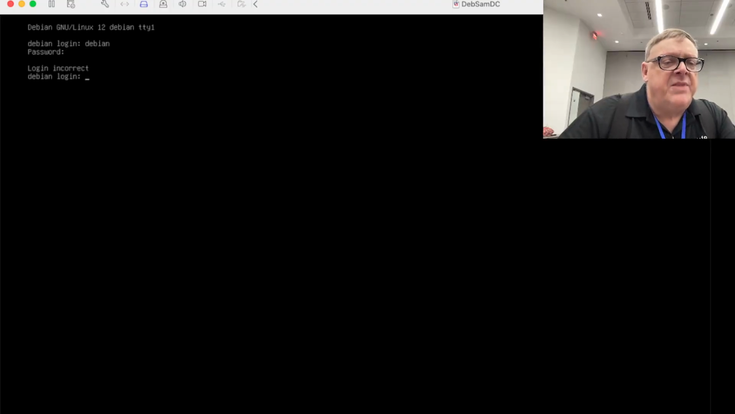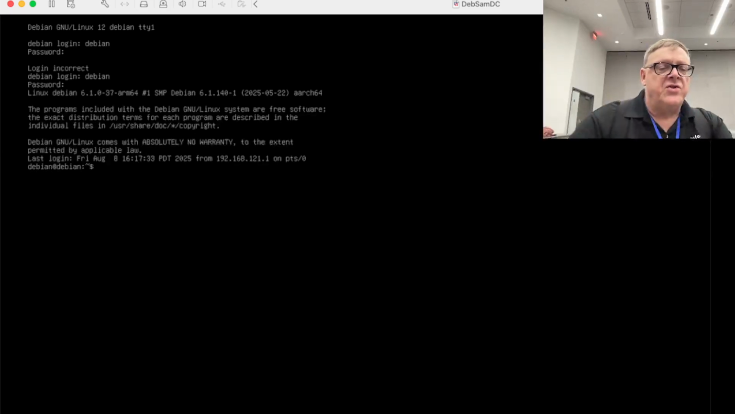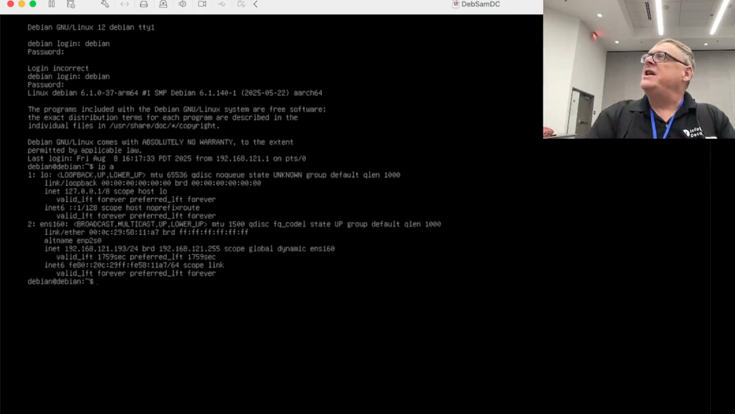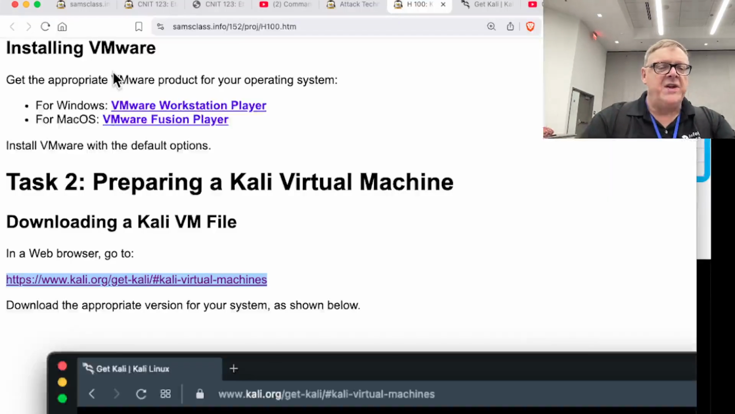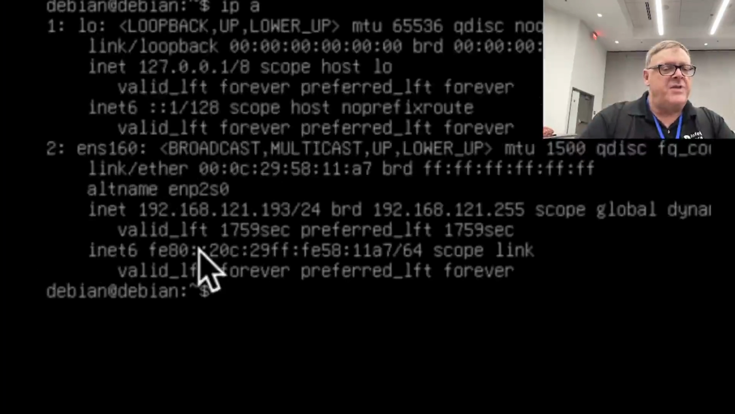Oh, that's right, that's the wrong password. I made this machine yesterday and used a different password than usual. Now once I'm in, I can execute ip a. You see how hard it is to see anything. That's why this thing is not much fun to use, the console. But I get my IP address,